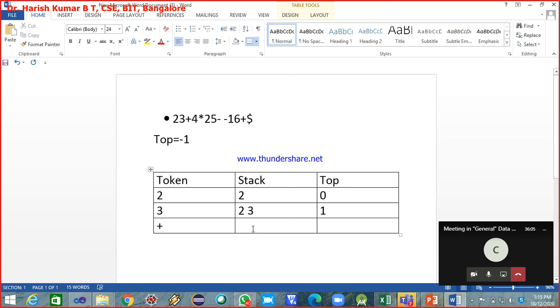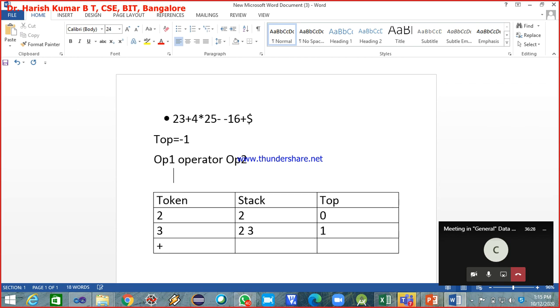What you've got to do is pop 2 elements. Okay. Let me write here the operation. So I'll write here OP1, operator, OP2.